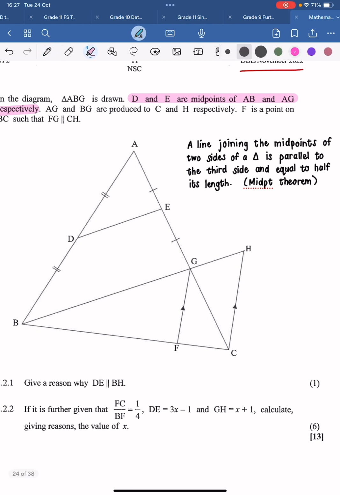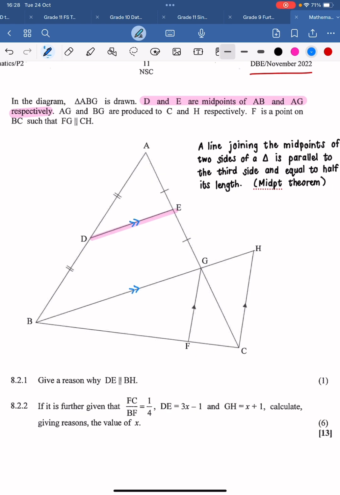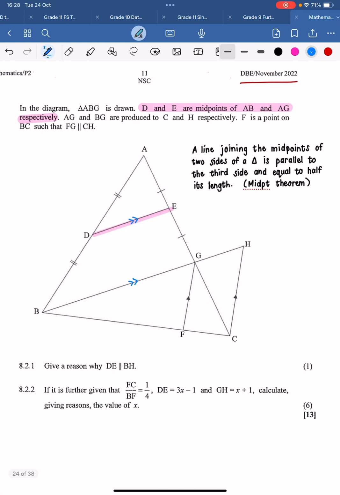So DE is a line joining the midpoints of two sides of this triangle. And the midpoint theorem says that because of that, this line will be parallel to the third side. Oh, they've actually already used one arrow on the picture. Let me do a double arrow there. That is what the midpoint theorem says. A line joining the midpoints of two sides of a triangle is parallel to the third side and equal to half